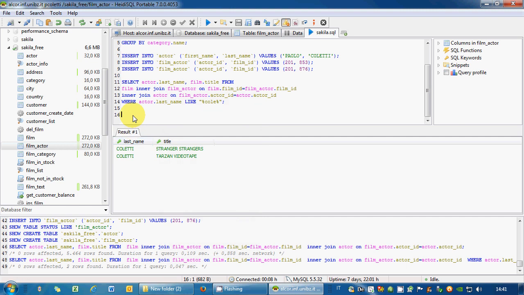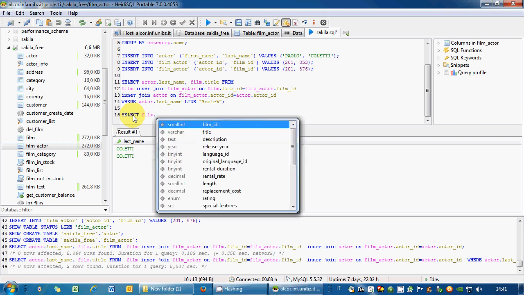Display the movie titles with the amount of rental days in order of days of rental from the top rented to less rented. So I have movie titles and the amount of rental days. So I have to get the movie titles from table film, the amount of rental dates it's got from table rental, using the difference between return date and rental date. Okay, so select film dot title,